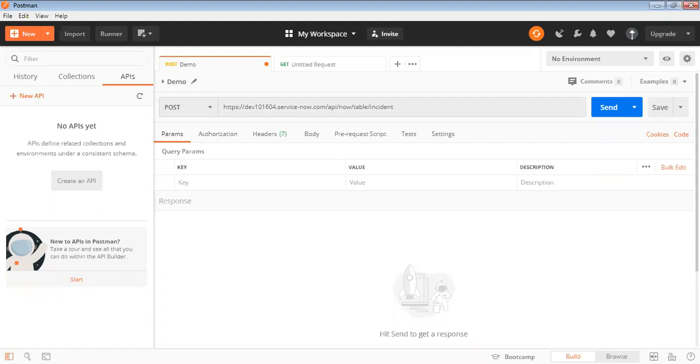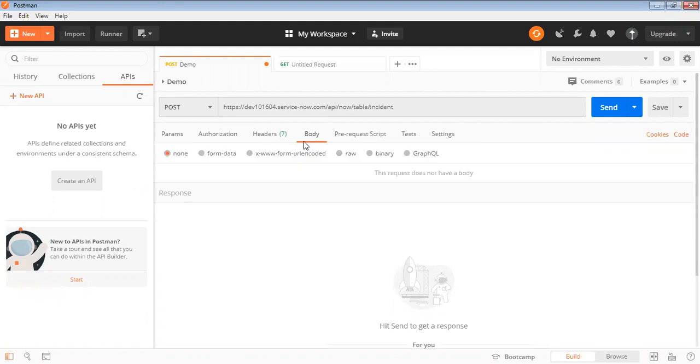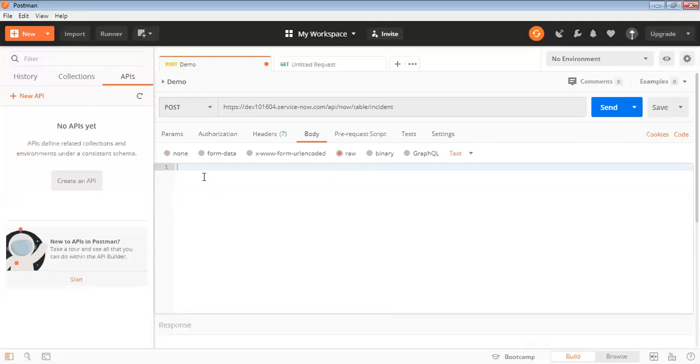I will get the JSON which we generated through the REST API Explorer, go to the body section, and select raw.